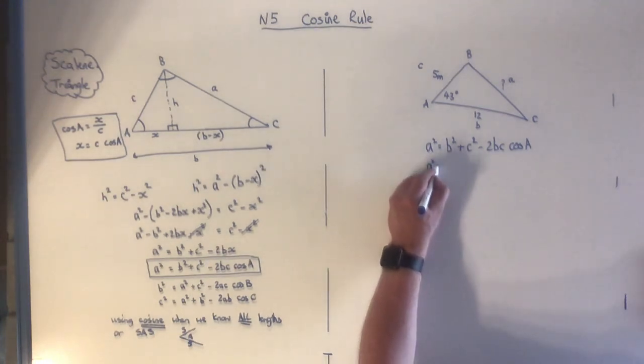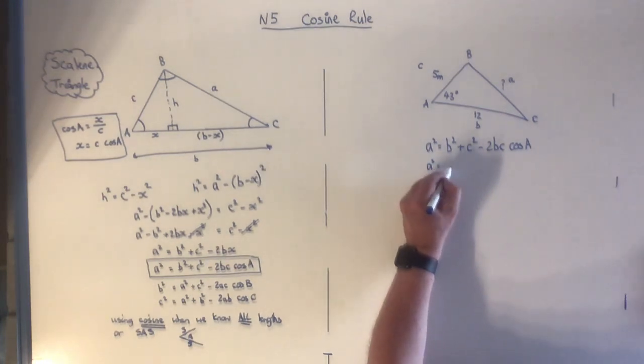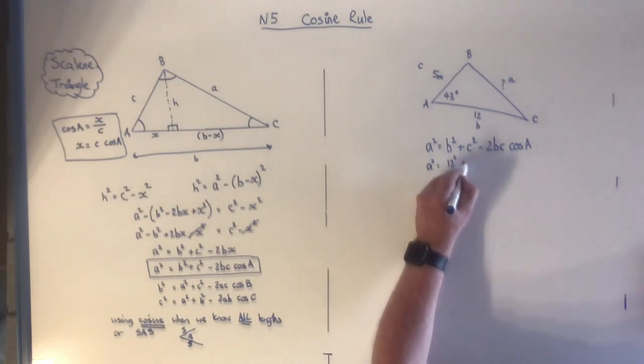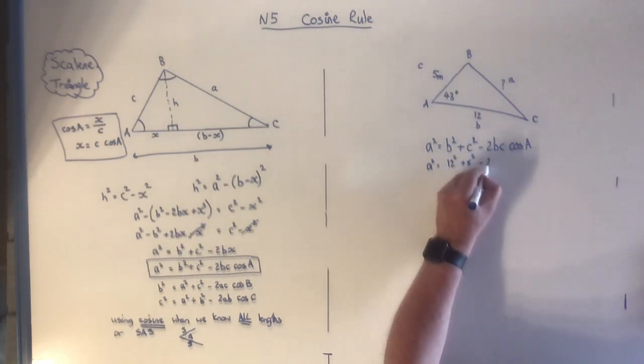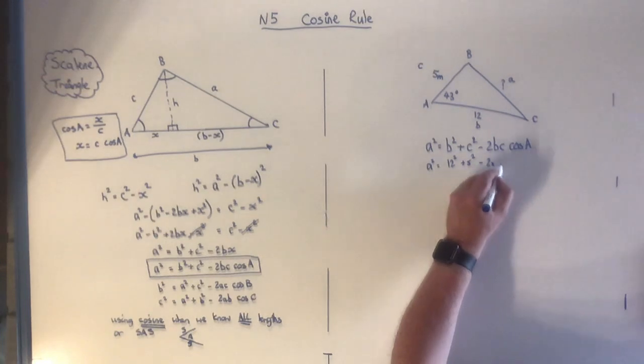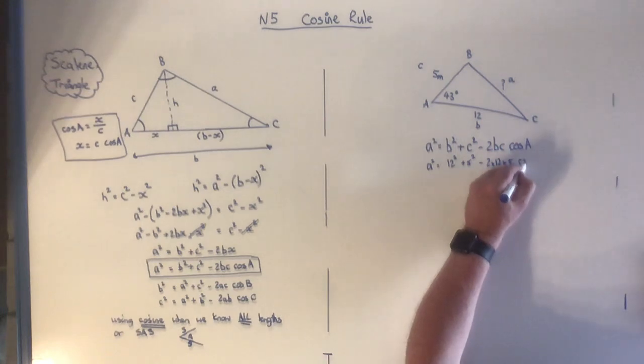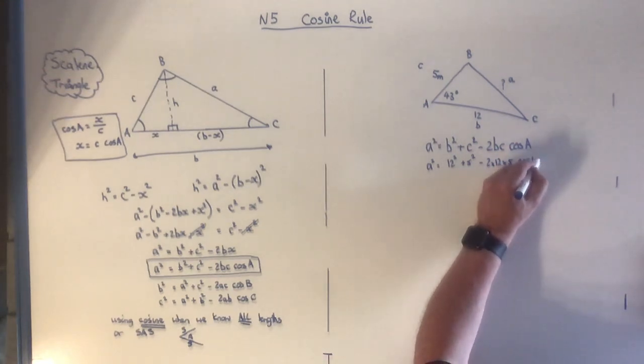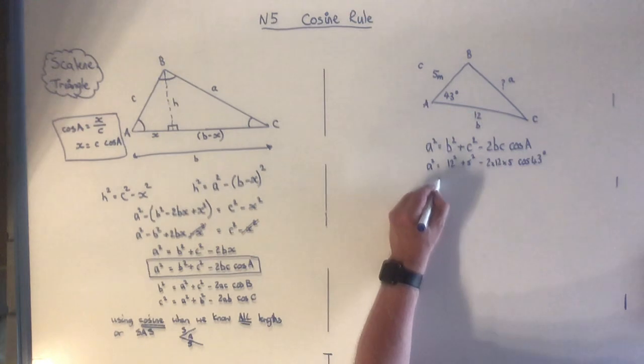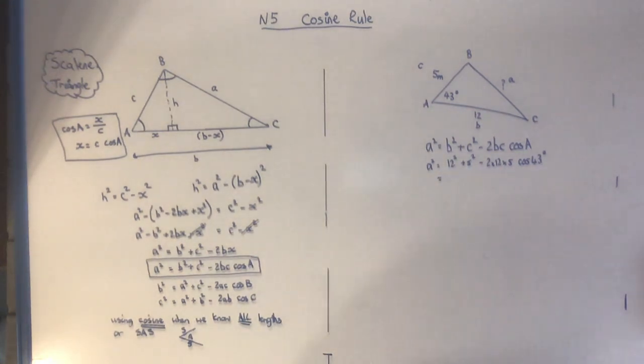So A squared is equal to 12 squared plus 5 squared minus 2 times 12 times 5 and cos of 43 degrees. And we bump that into our calculator. Just give me a wee minute to do that. And we'll get an answer of, nearly there,